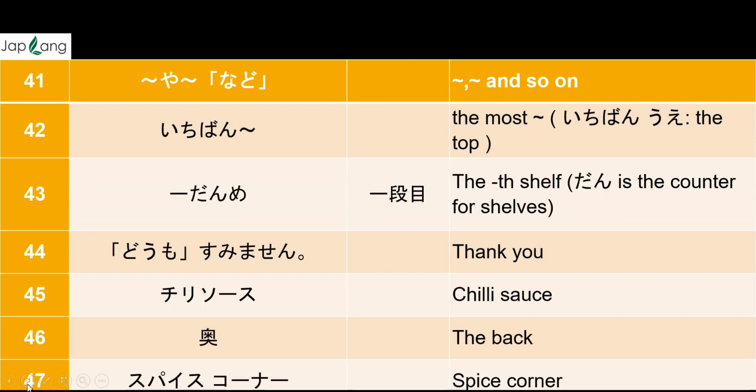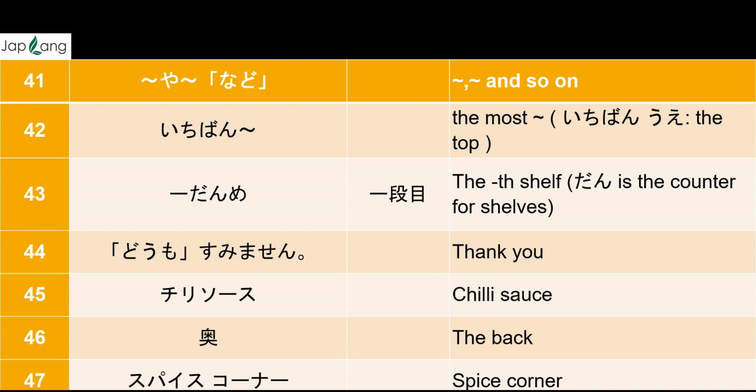We move to next, which is ya, nado. We will be discussing this in the next part 2 section, where to use this. Ya is nothing but and. So we have learned to, which we use for two people or two things. Ya is for more than two things. We will be learning the same and so on.